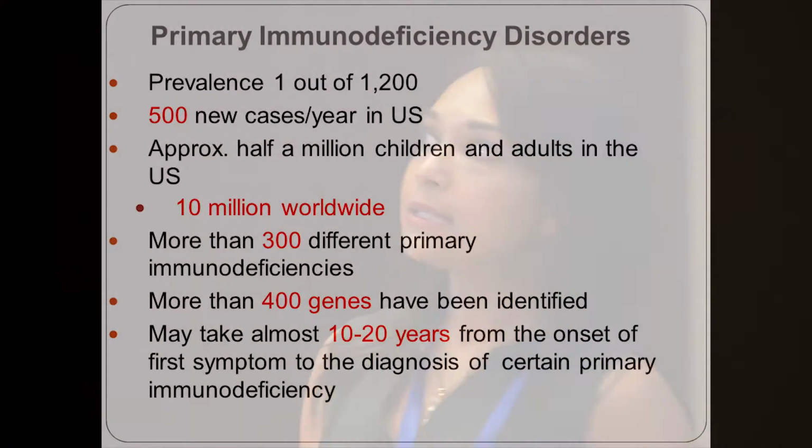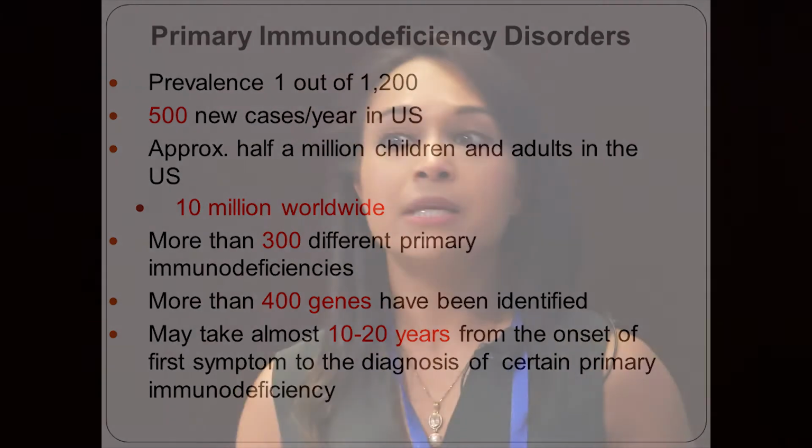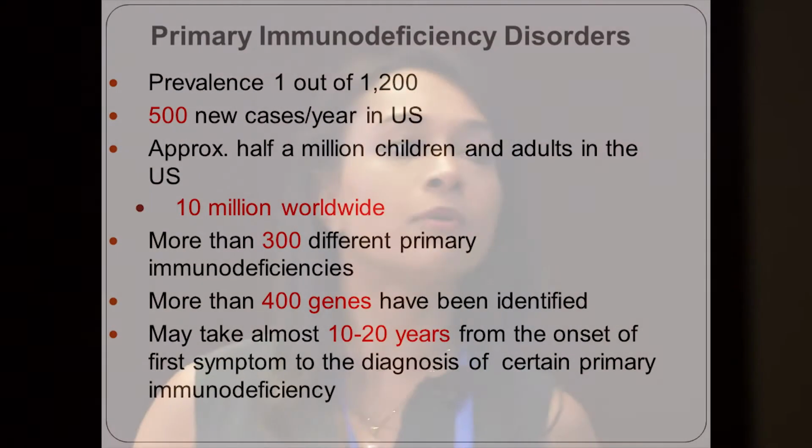And one of the main things that I want you guys to take home today is that primary immune deficiencies are not as rare as you think they are. So about 500 new cases per year in the United States, about 10 million worldwide. There's a number of different primary immune deficiencies, over 400 genes. The big thing here is that primary immune deficiencies are actually 4 times more common than hemophilia, 3 times more common than cystic fibrosis, twice as common as childhood leukemia and lymphoma combined, and as common as multiple sclerosis in